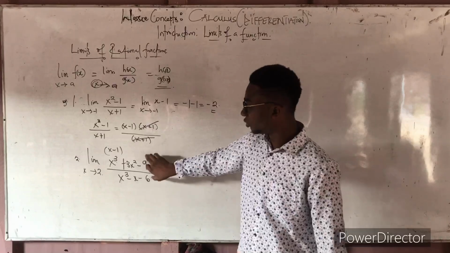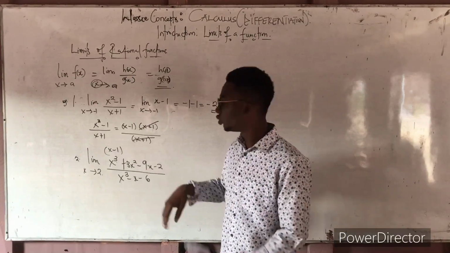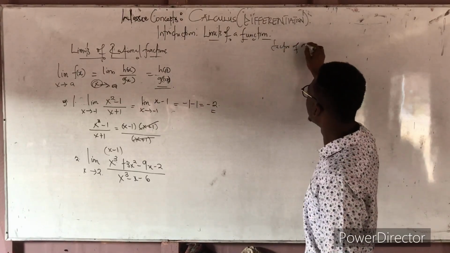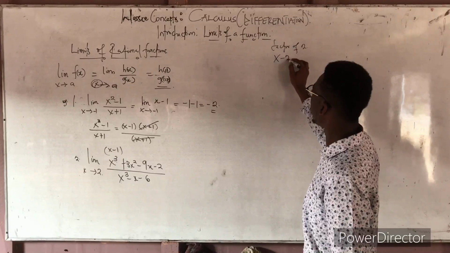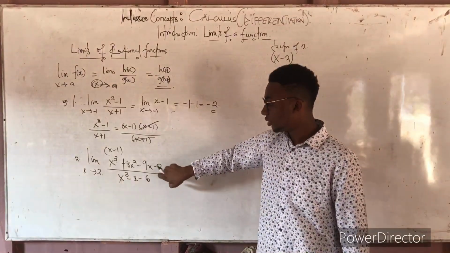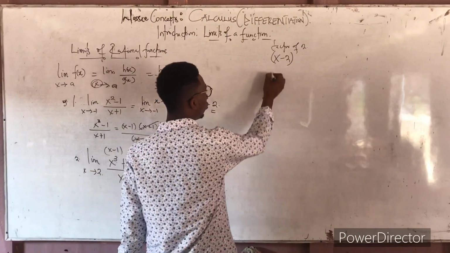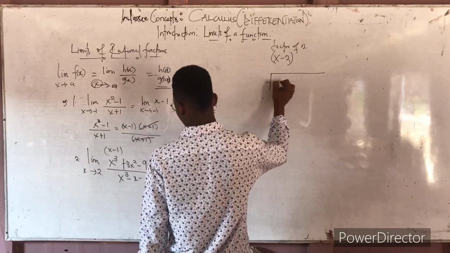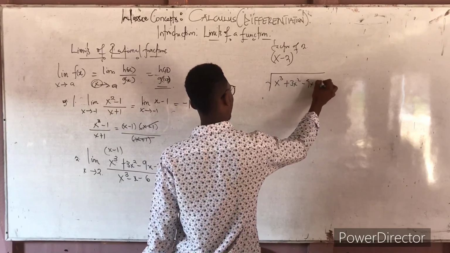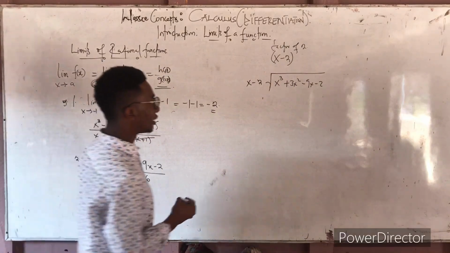Now when you check these two polynomial equations, there is a factor over there which is 2. So these two polynomial equations have a factor of x minus 2. So we can divide each of the equations by x minus 2. So when you take the numerator, x cubed plus 3x squared minus 9x minus 2, divided by x minus 2, okay, so when you do it this way you can get,